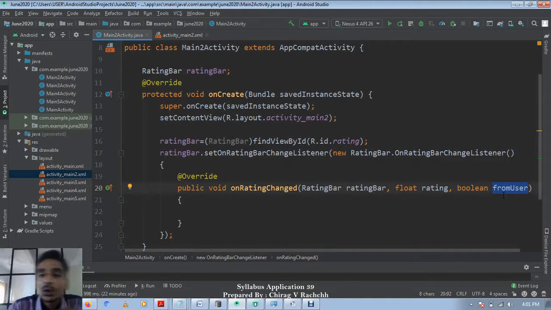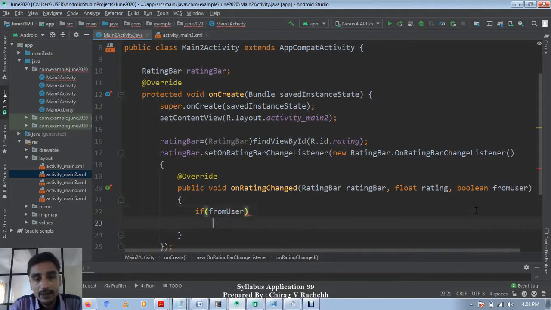This third parameter, a boolean fromUser, is true where the client has interacted with the rating bar and changed its value, and if the value is changed programmatically, it will be false. So it is always a good idea to check whether the value is set programmatically or by the user.